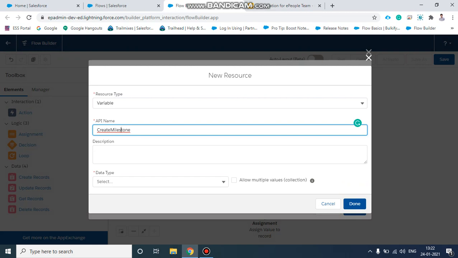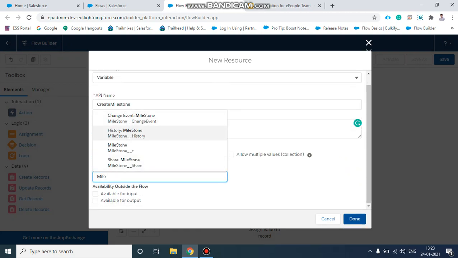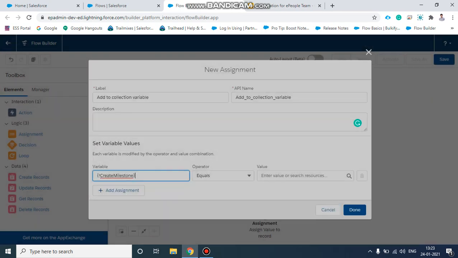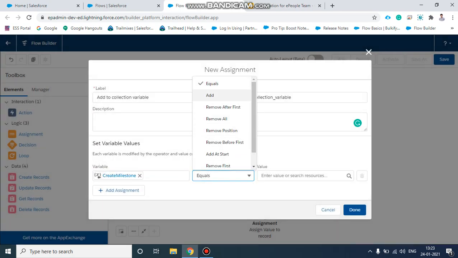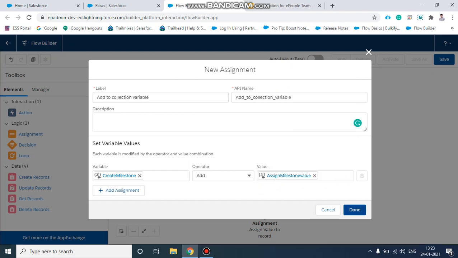We will create those milestones, set as a record variable, object Milestone, allow multiple values. This is a collection variable which will store multiple record variables. Click on done, set as add. Those record variables will be stored in this collection variable. Click on done.